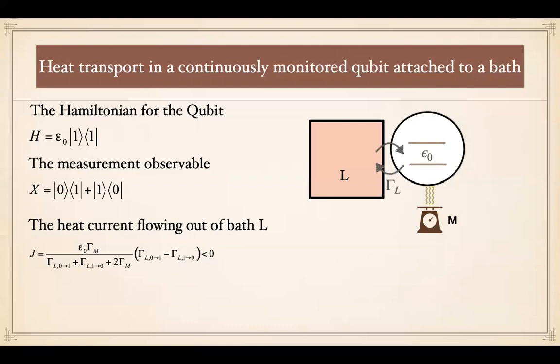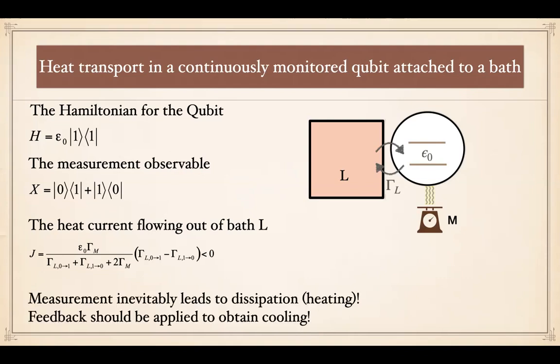You can also do one other thing. You can think of the measurement probe as an infinite temperature reservoir. You can replace the measurement probe with an infinite temperature reservoir, and you will end up with the same expression, as long as you take the measurement to be in the sigma x basis when the system is in the sigma z basis. So that's the kind of mathematical equivalence between an infinite temperature reservoir and the measurement probe.